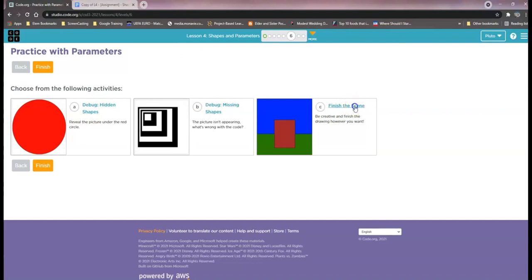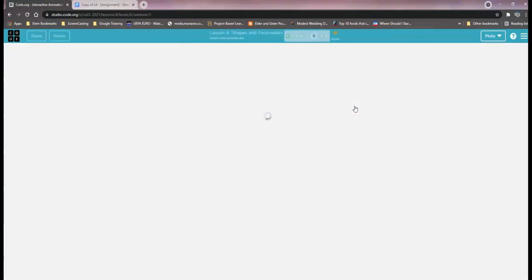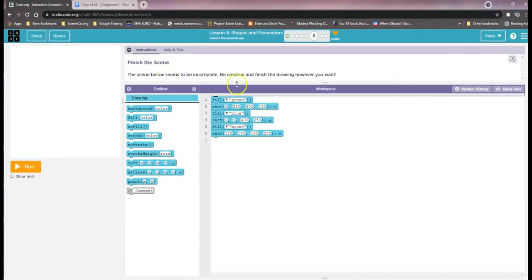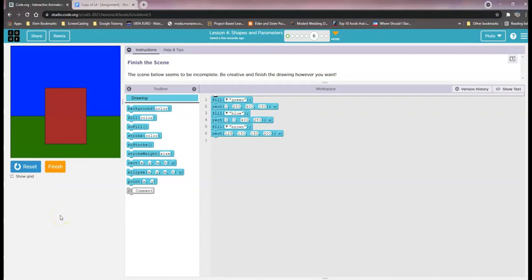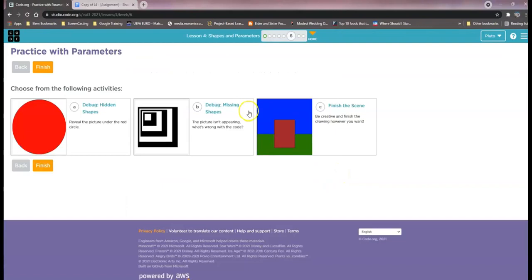So if we're doing C, then I would just, depends on what you want to do. And it says the scene below seems to be incomplete. Be creative and finish the drawing however you want. Okay, so you could do that one. And if you don't want to do that one, click 6 again up the top right there. And it's like, okay,